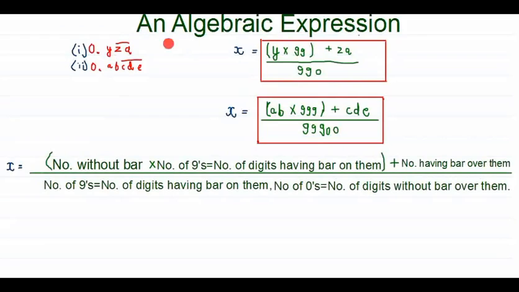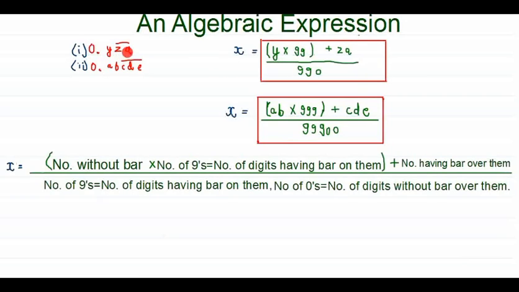So guys, let's learn an algebraic expression. So this is the algebraic expression and I have got this word expression from a book. So I would like to explain this word expression by using my algebraic expressions. So I have taken two examples and you can see here that both the examples are in form of variable. So let me start. So we are going to go with our first example, which is equal to 0.y za